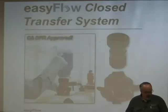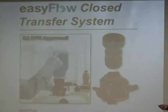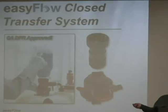This unit here, you're looking at about $400 for that. You're looking at $89 for your tank adapter. You're looking at about $300 for the part that goes...